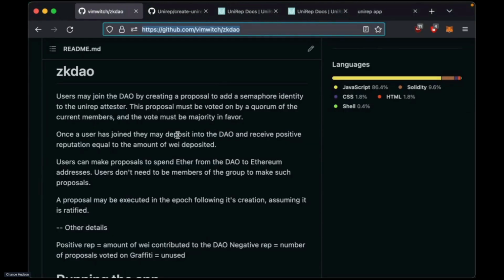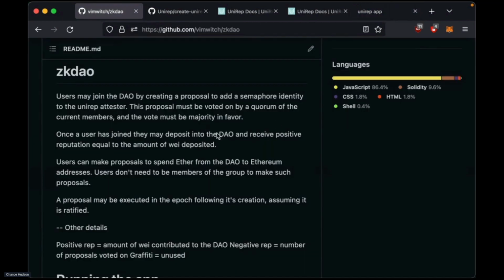Okay, so let's talk about what we want to actually build here. So I was thinking about how we can make a ZK DAO. And I was trying to think, how can we make it very fair and robust? And that sort of led me to DAOs are way harder to build than I expected. So I made a lot of compromises in building this so that we can get this simple example that I can build in an hour and explain in an hour and get anonymity out of it.